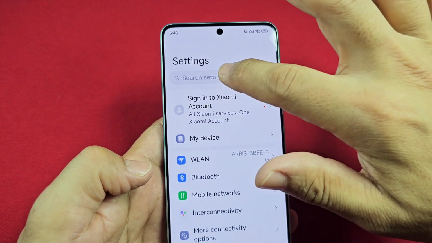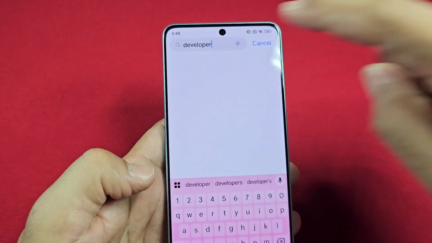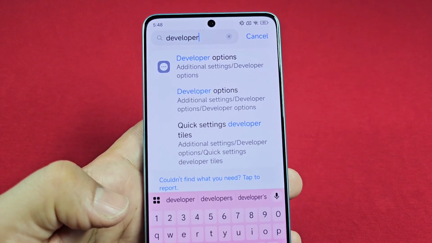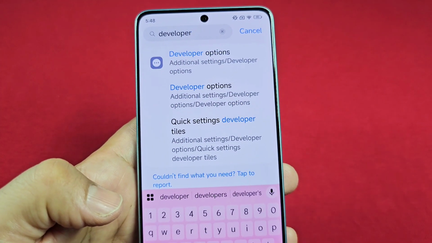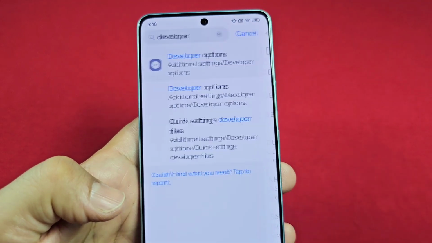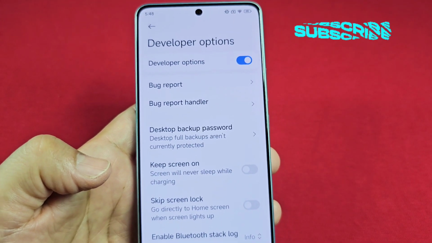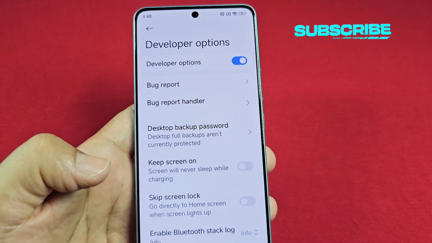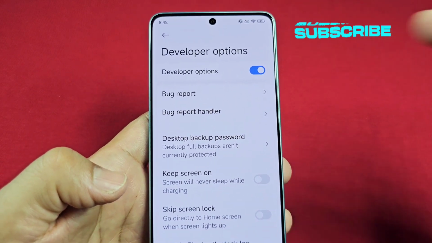find developer options. So once you go here, just start typing in the words developer and options, and you'll see the suggestion. You want to tap on the first one, and that's going to take you straight to it. And that's it. Once you're done with whatever you want to do, make sure you turn it off